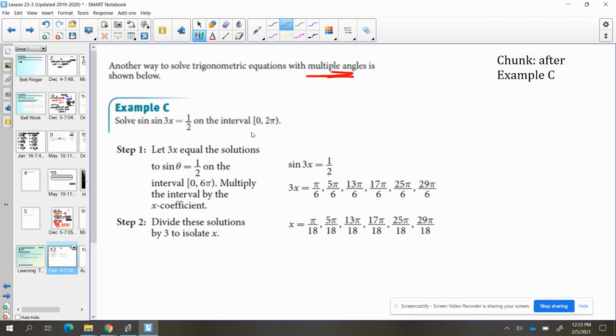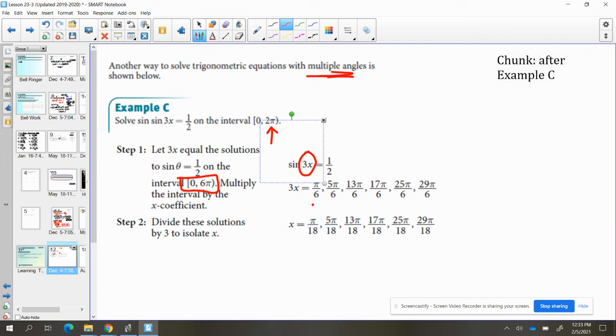So normally our interval, at least the one they're giving us, is 0 to 2 pi. When you have a multiple angle here, you are going to multiply this original interval by that value. So in this case, 3. So now we're actually going to extend this out to be 0 to 6 pi. So we're going to have more answers than normal. So where does sine of x equal 1/2? Well, we know pi over 6 and 5 pi over 6, but we're also going to have to find some